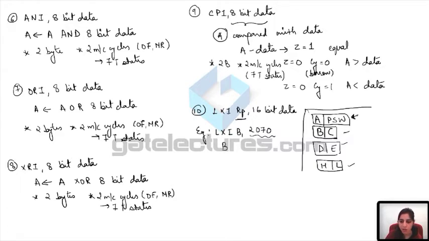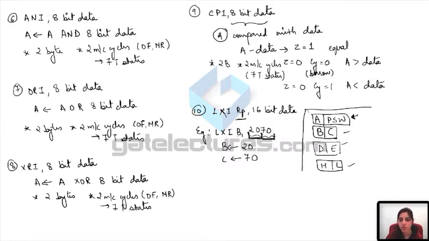So how is this going to be stored? Higher bits of the data, upper bits of the data in upper register, lower bits of the data in lower register. This is how storing is going to take place. What this instruction does is load immediate register pair. Load immediate means in the next memory location, whatever is the data, just load it in this register